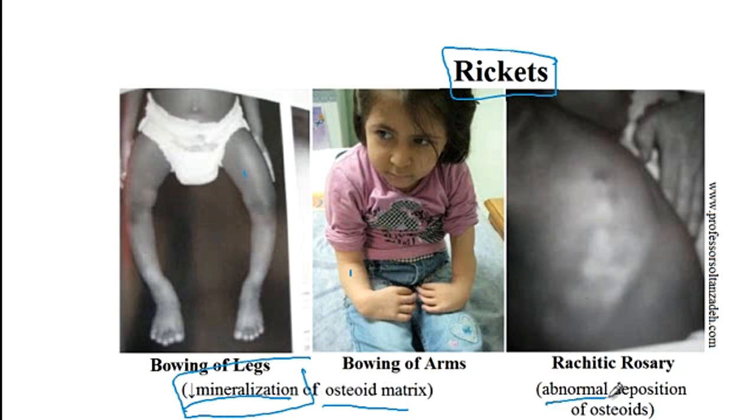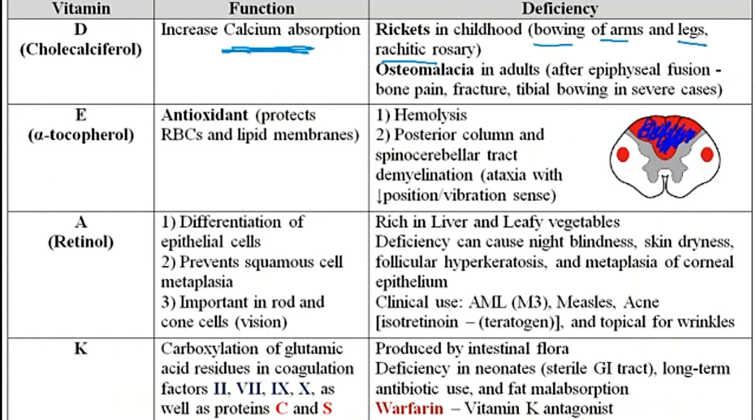And then because of the abnormal deposition of the osteoids, patients will have deformity of the chest wall, which is shown right here, and this condition is referred to as rachitic rosary. So back to the table here, rickets in childhood can cause bowing of the extremities as well as rachitic rosaries. And then in adults, there's fusion of the epiphyseal plate, and so it can cause bone pain, fracture, and then in very severe cases, it can eventually lead to the